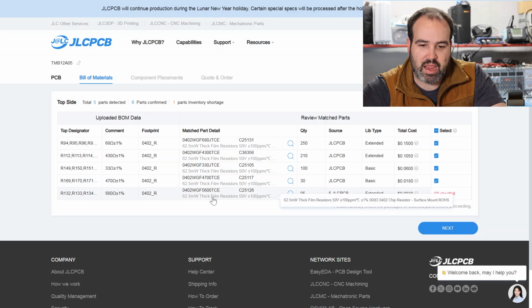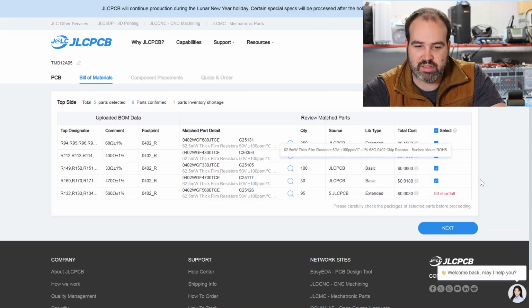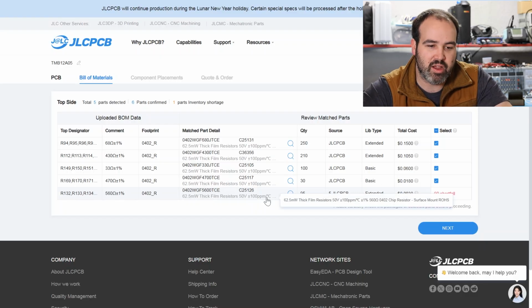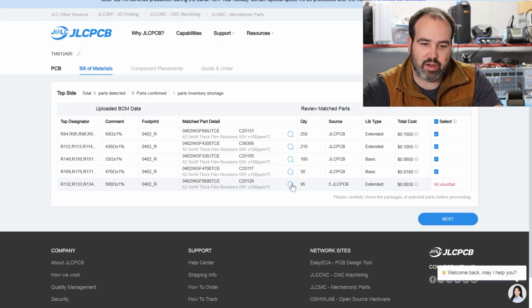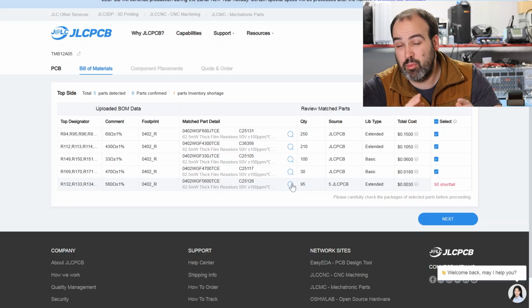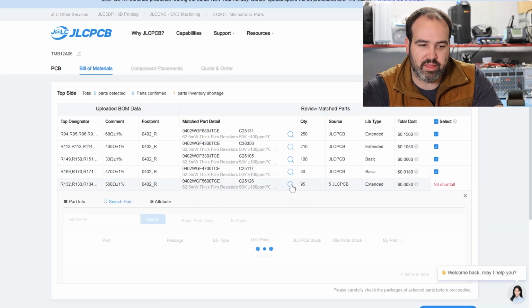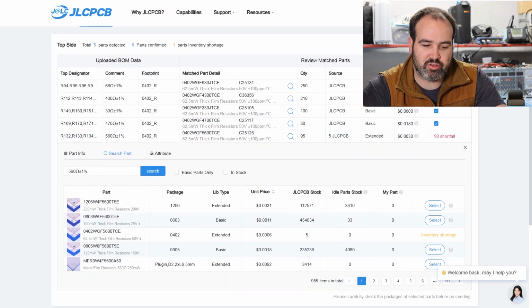And it's going to tell you, hey, we're missing parts. We need more parts for this one. They didn't have enough. Whatever the part number was at the time changed. So now we're going to replace that part. By default, it may need to do all of them. In this case, what's happened is it already had these in here. But in their search, they have some 560 plus minus 1. We want a 0402, so this is a 560 0402. So if you search like 560 0402,